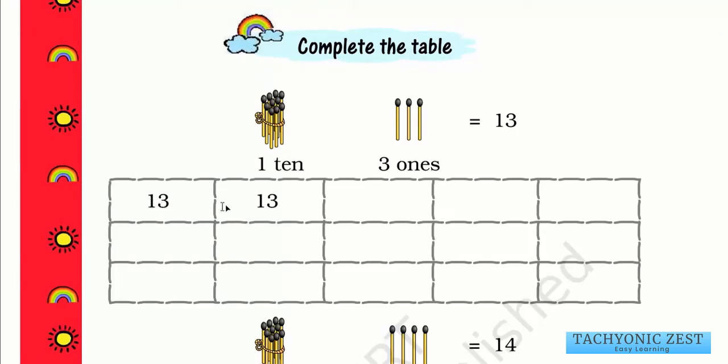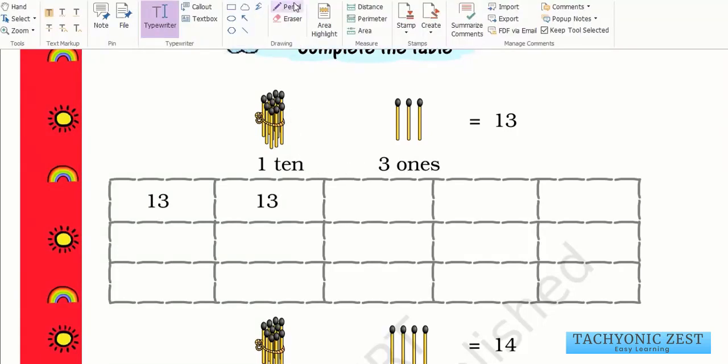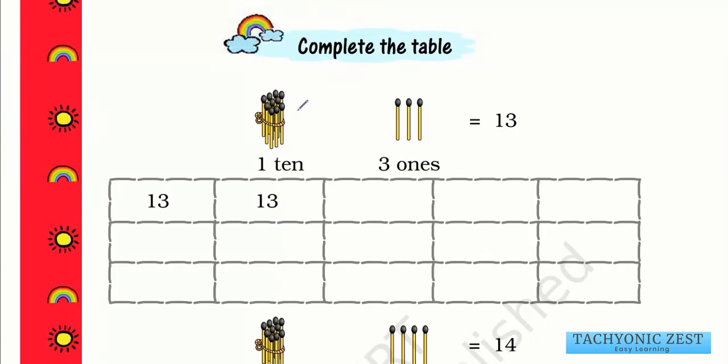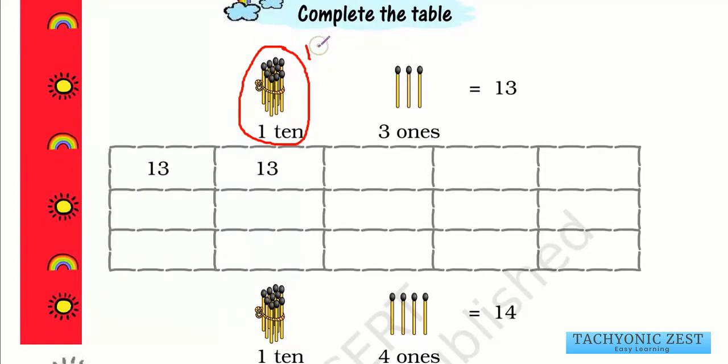So in the next, 110 three ones. Okay, so 110 we know that it is equal to 10. 110 three ones. Okay, so how much will be the total? So 110 is equal to 10, and three ones means it is equal to 3. Okay, so how much is 10 plus 3? So 10 plus 3 is equal to 13. Okay, so 110 three ones means it is equal to 13.